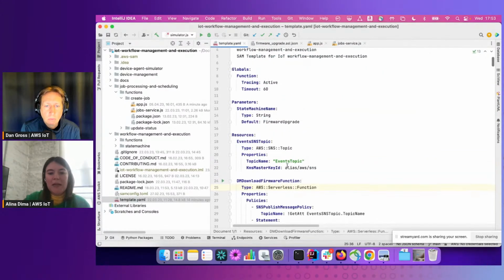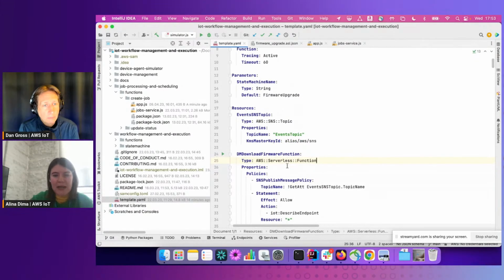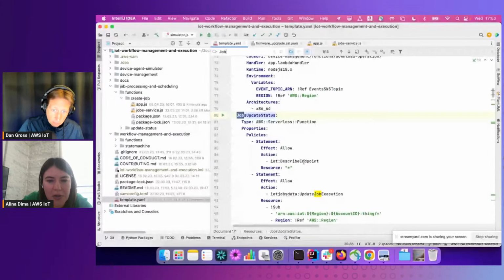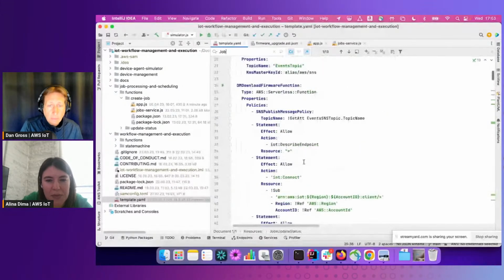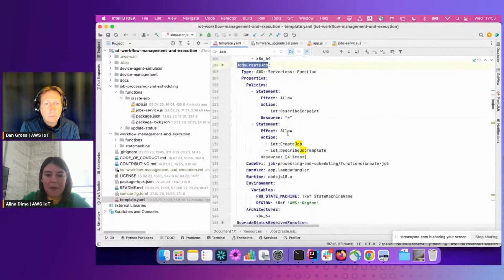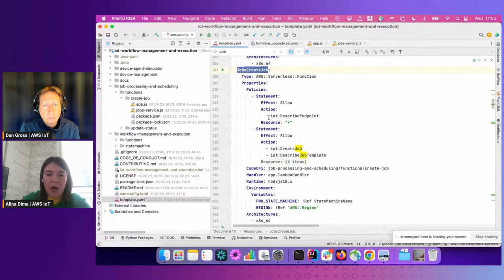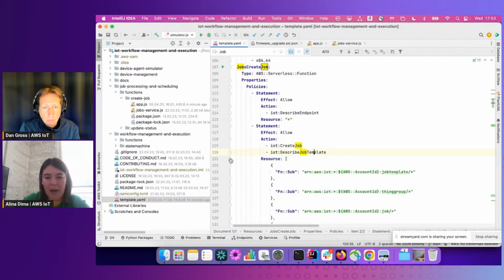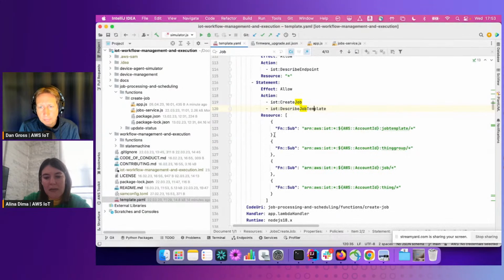Now let's see in the SAM template. Let's have a look at this function. This has to be something with job. It's not job update, because that is updating the job status. It should be job create. So this is the job create function. I want to show you how this function is configured. I am using the serverless resource, so I'm using SAM. The actions, of course, are create job, and describe job template for the job template, and these resources